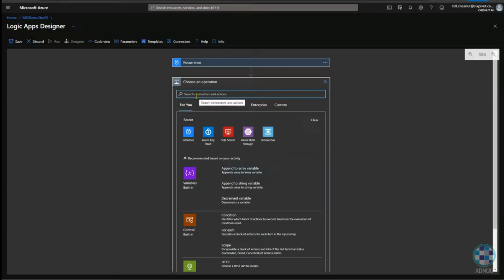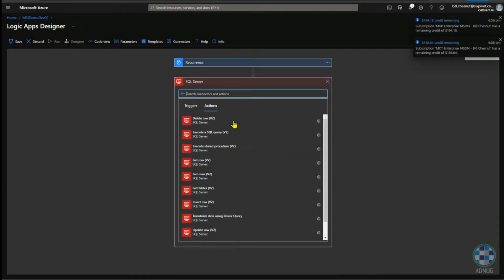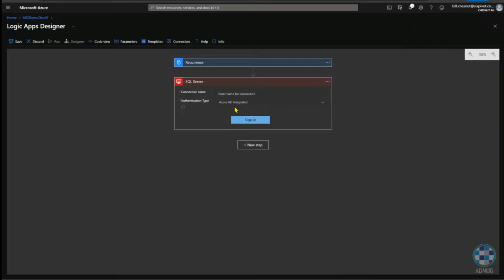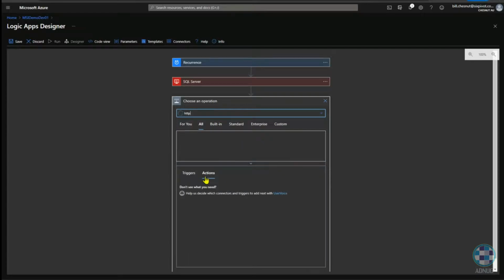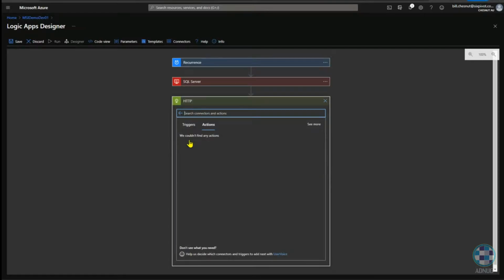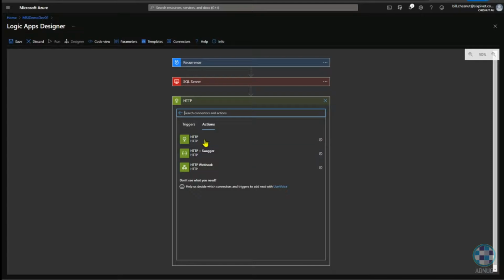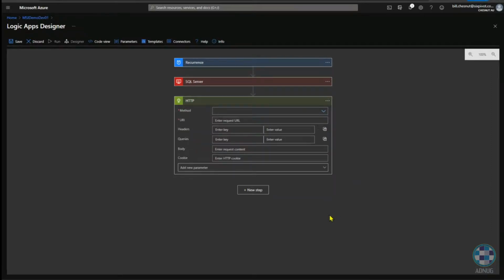And so if I want to do something like SQL Server, I can go here to execute a stored procedure. And then there's my AD integrated authentication. I can set that up. There were a few other ones, like the HTTP one. I've used this one a fair bit because it's one way you can get to Key Vault. But if you go into here, you can see that